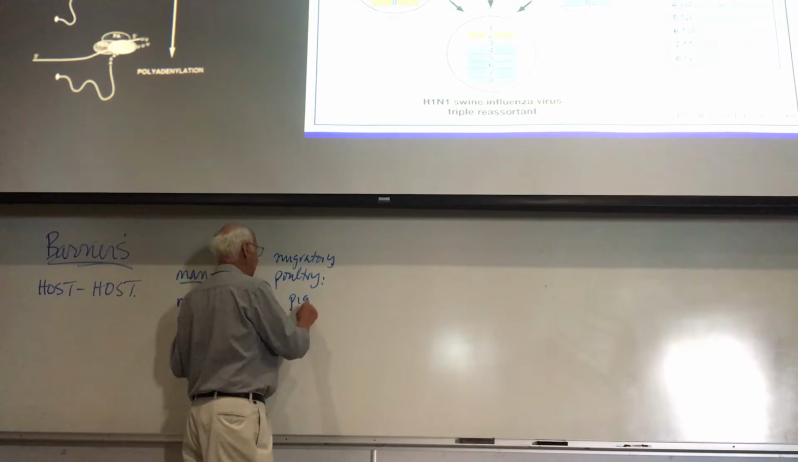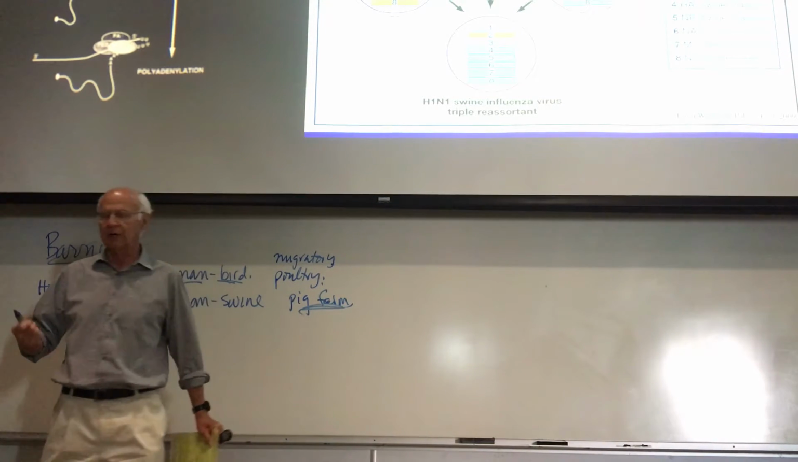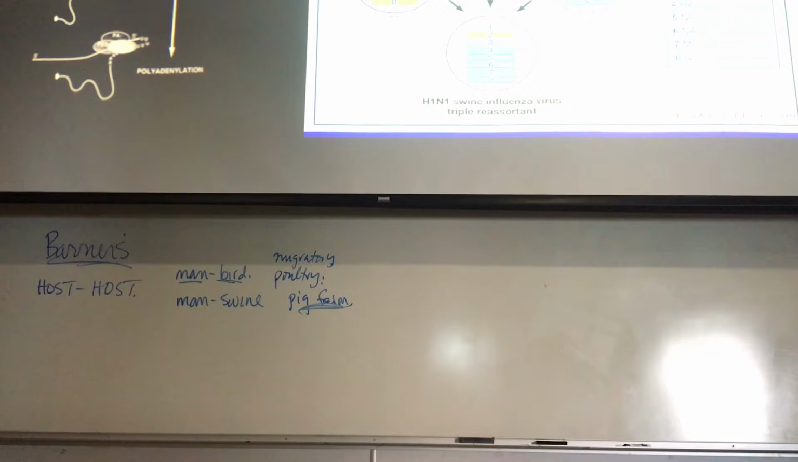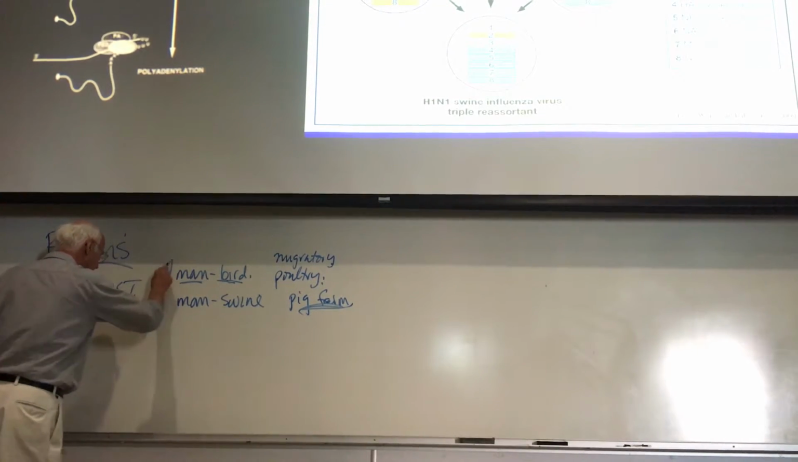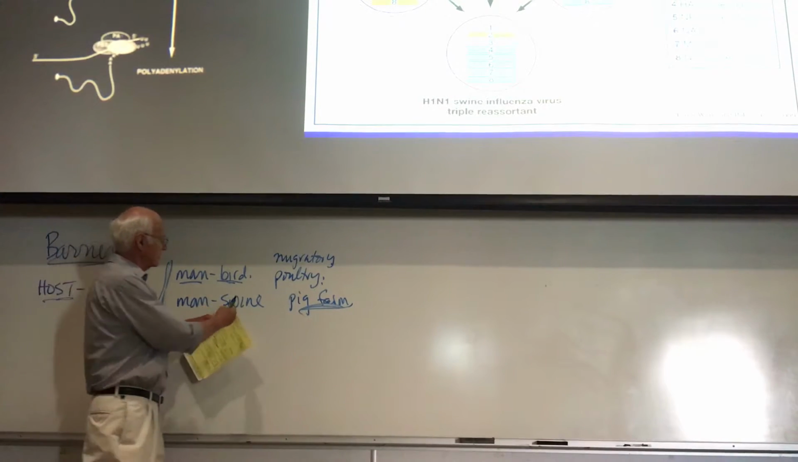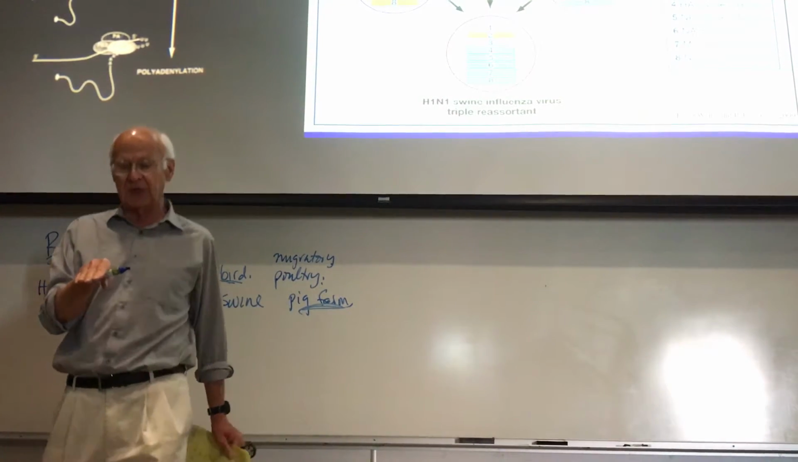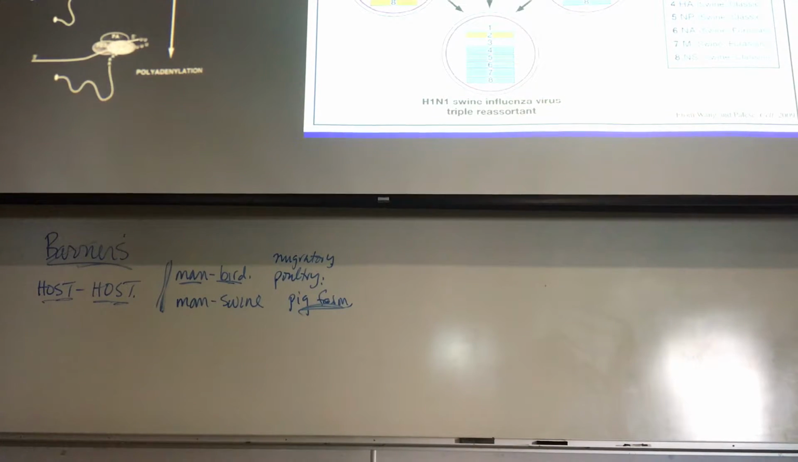For example, a pig farm, which is believed to be in Mexico where the initial transmission of the 2009 virus happened. So you have the host-host interactions that have to occur, and in some instances the virus is efficiently transmitted, and in other instances it's incredibly inefficient. And an example of that